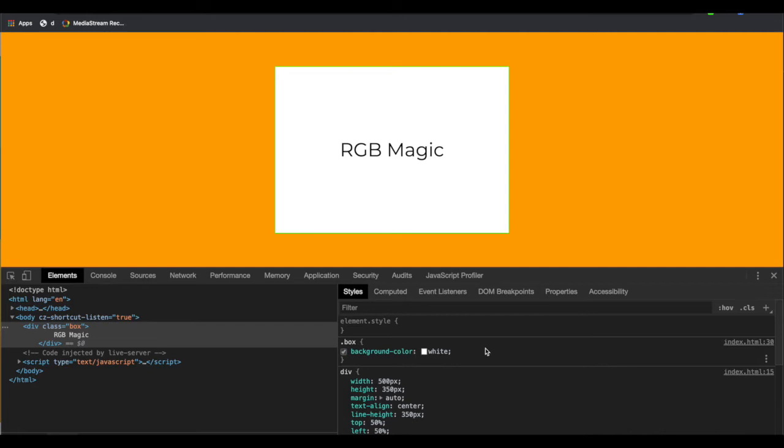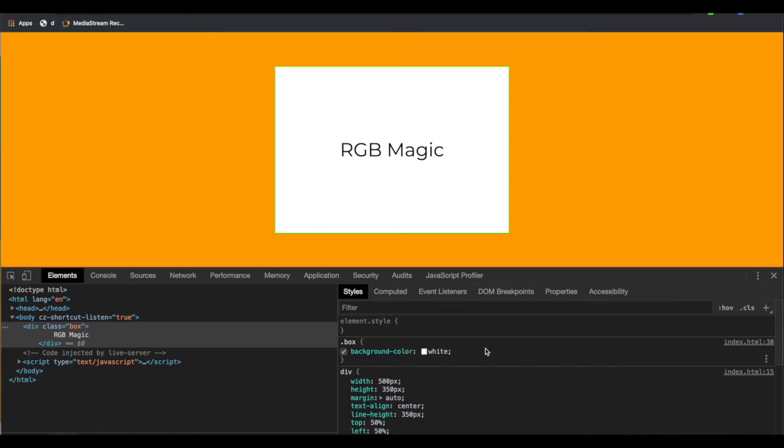So we have 0, 1, 2, 3, 4, 5, 6, 7, 8, 9, and then instead of 10 we write A, for 11 we write B, for 12 C, and so on. The maximum is F. So the minimum value of a color code is 0 and the maximum is F.